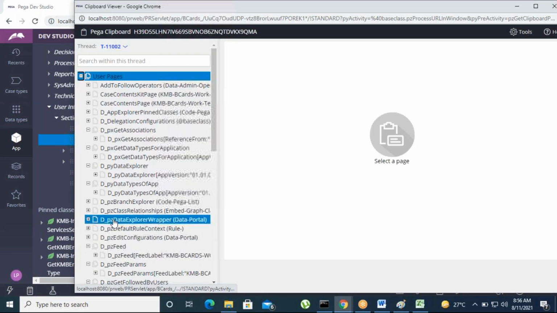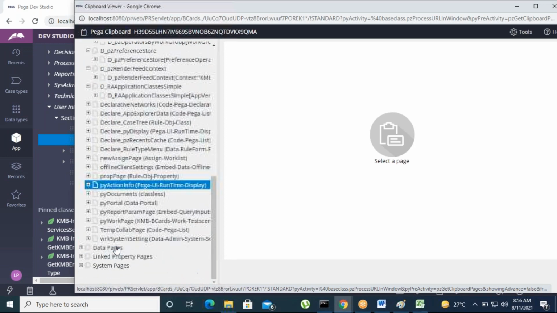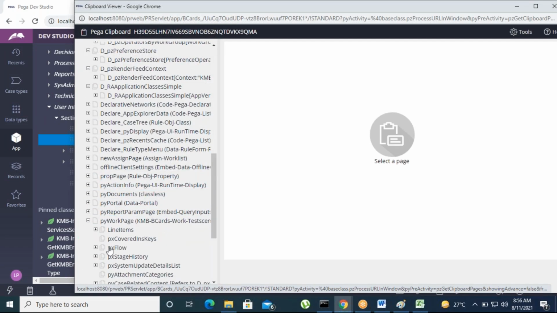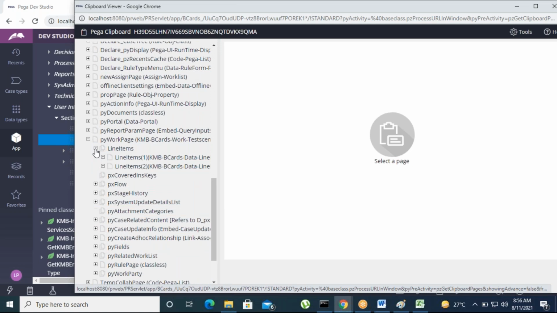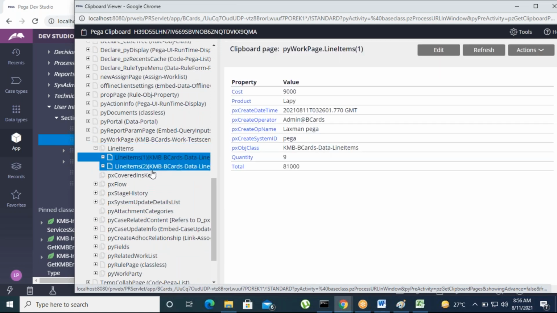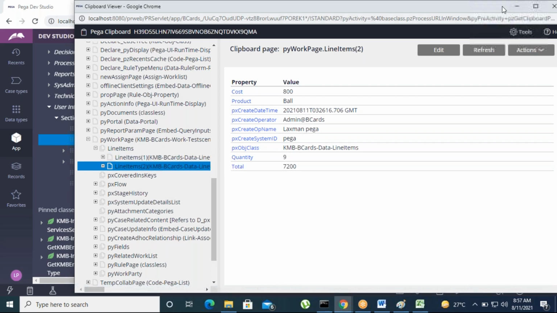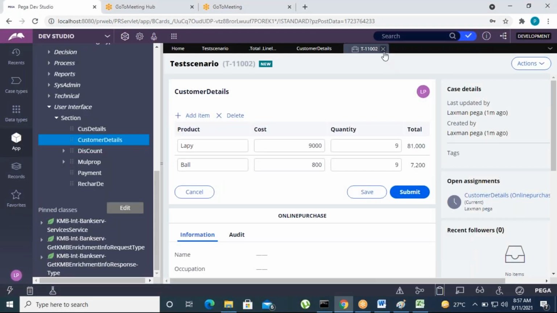User pages, under the PO work page, we have some line items. These are line items 1, first product, the second product, like this. Page list is nothing but what? Ordered set of array, number of pages. All pages will be in an ordered array, correct? So the subscript will be an integer. Okay, this is how the values are stored in the clipboard now. How to calculate the subtotal, right? So adding all totals. This is page 1 total, page 2 total, page 3 total, right?